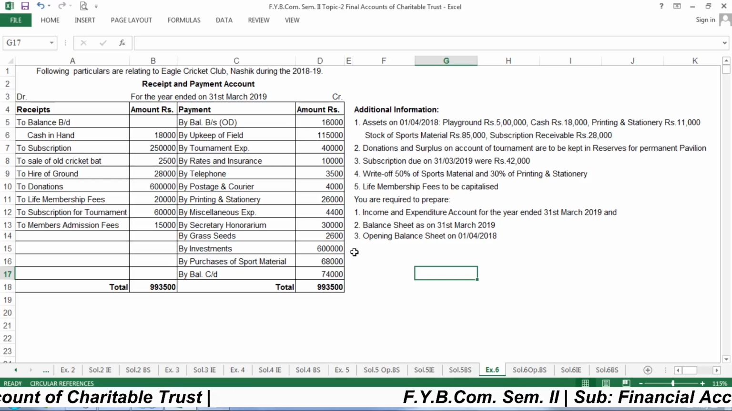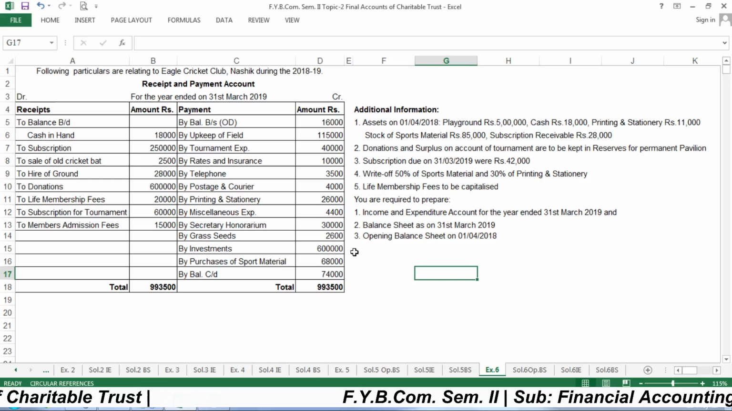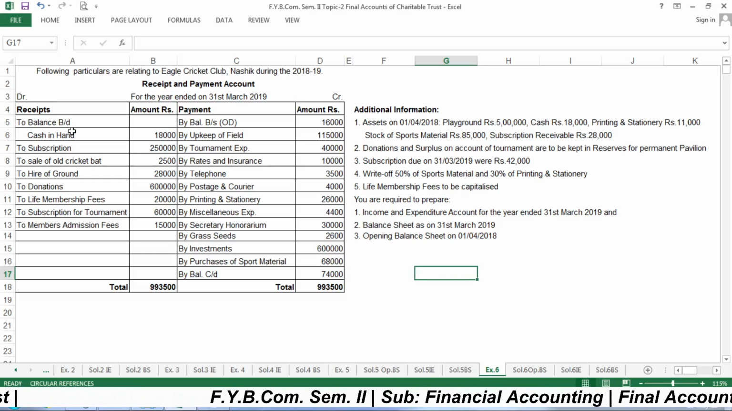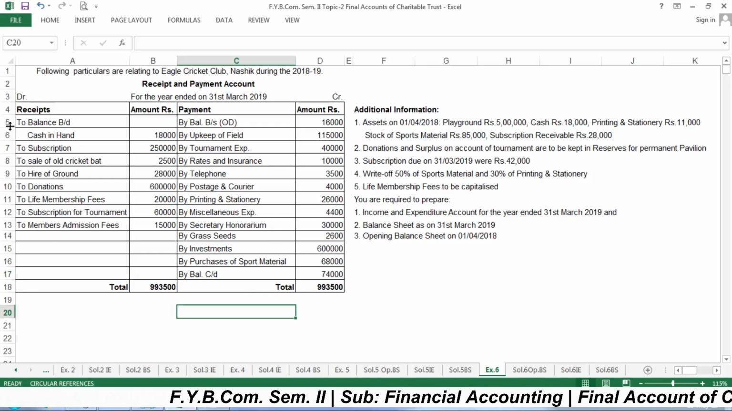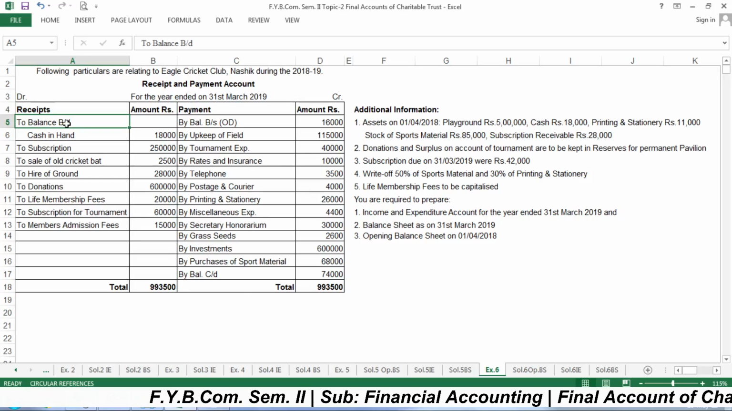The following is the balance sheet of Eagle Cricket Club for the year 2018-19. Here we have some receipts as well as some payments, and we have an adjustment. First of all, we will see what kind of adjustments are given and what kind of receipts and payments we